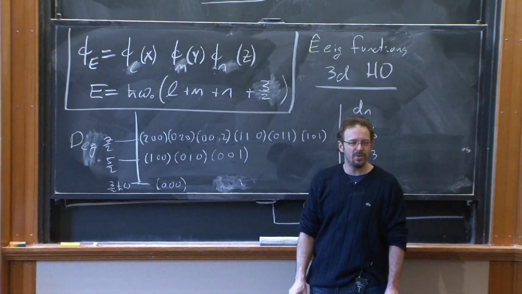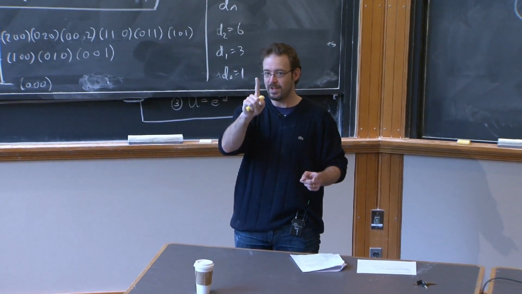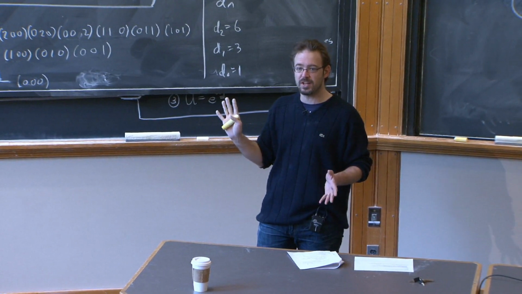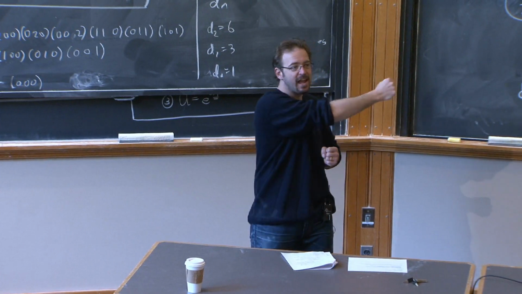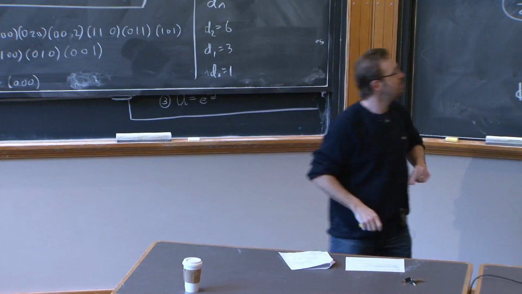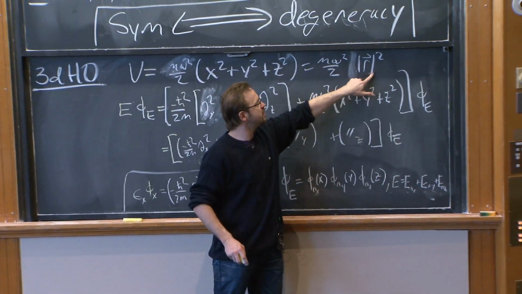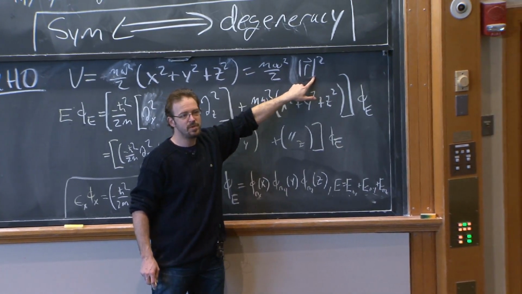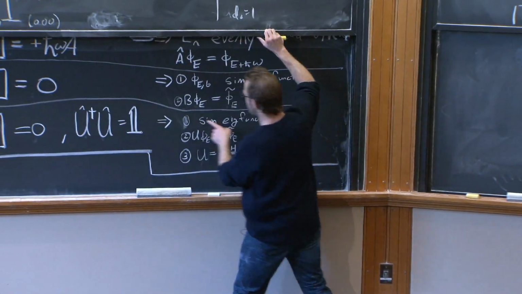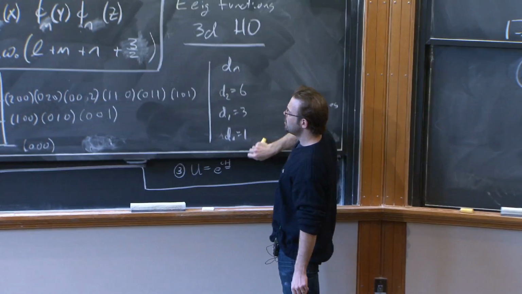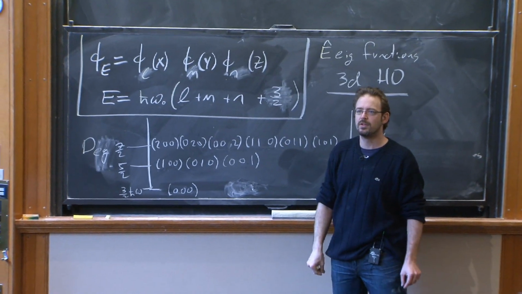No. So this is weird, because we already said that the reason we expect that there might be degeneracy is because of rotational symmetry. The system is rotationally invariant. The potential, which is the harmonic oscillator potential, doesn't care in what direction the radial displacement vector is pointing. It's rotationally symmetric. When we have a symmetry, on general grounds, we expect to have degeneracies. But this is kind of weird, because these don't seem to be simple rotations of each other, and yet they're degenerate. So what's up with that?